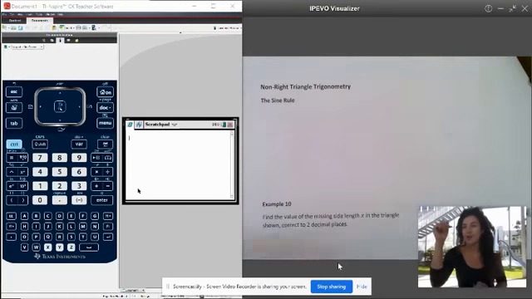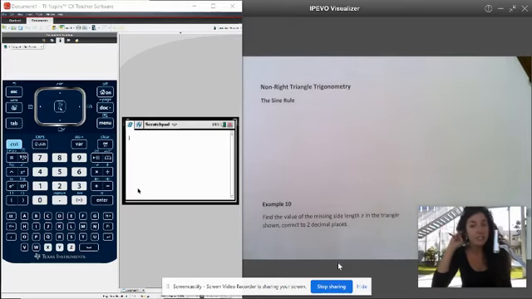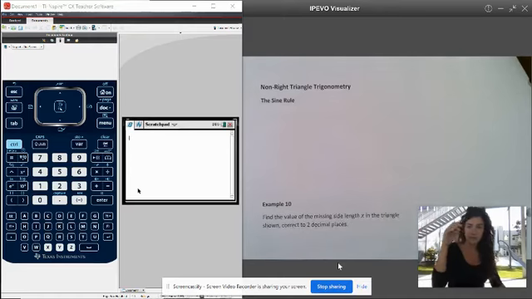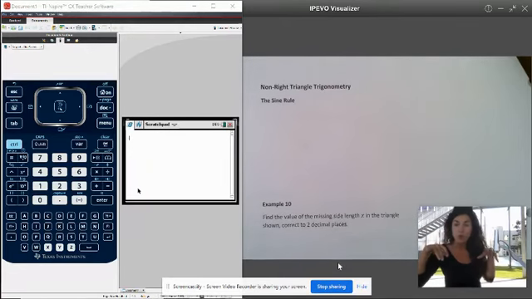Right, so we are moving on to our very last section of triangle trigonometry. What we're going to deal with now is non-right triangle trigonometry. What we've been talking about was all the right triangles, and the things we use on right triangles are the Pythagorean theorem and SOHCAHTOA. Sine equals opposite over hypotenuse, cosine equals adjacent over hypotenuse, all of that stuff only goes